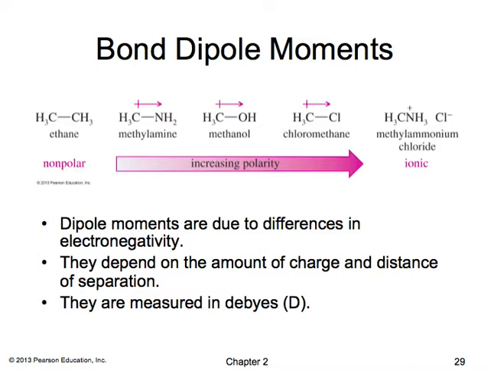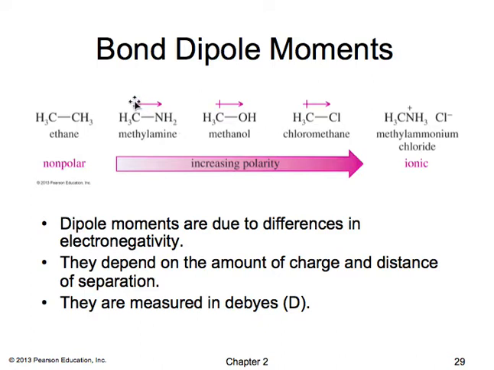Bond dipole moments. We talked about dipole moments in the last chapter. Here we're looking at bond dipole moments. As you can see, this is ethane, in which they're all identical. There's no dipole moment. This is nonpolar. But then as you add different groups to the CH3, you can change the polarity